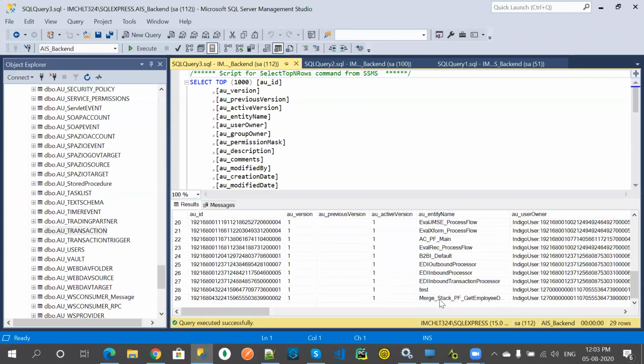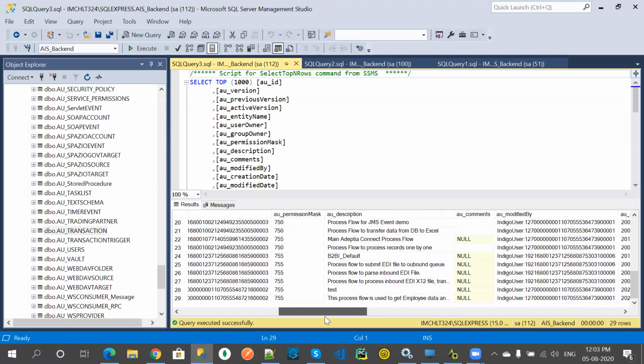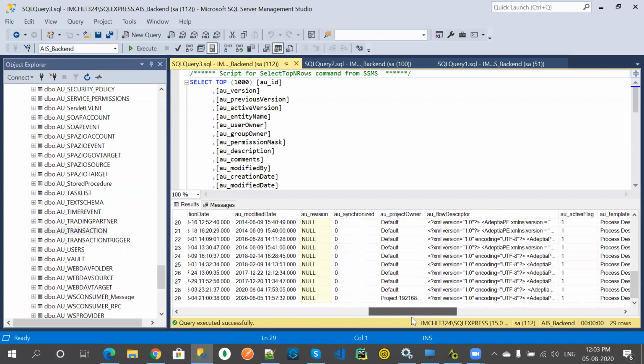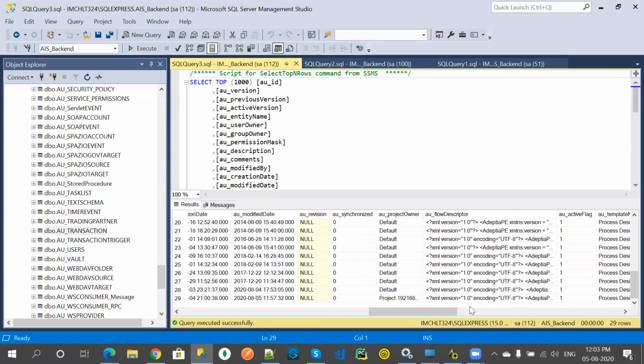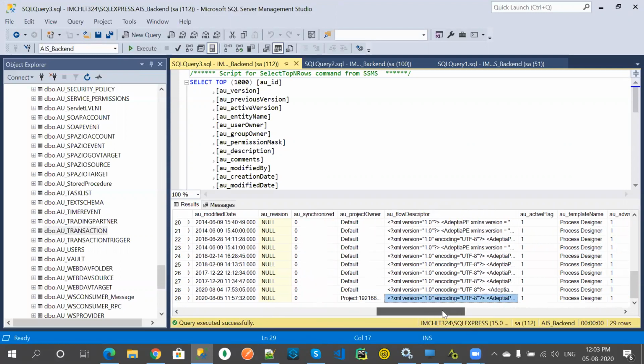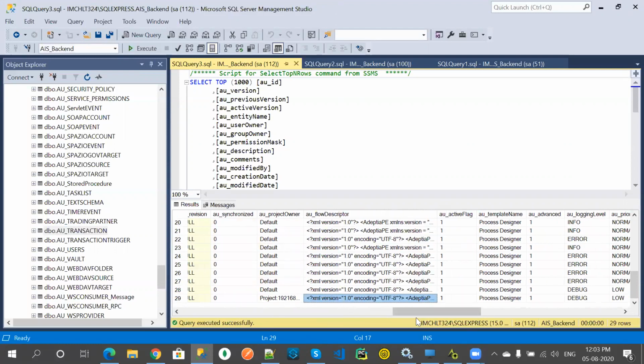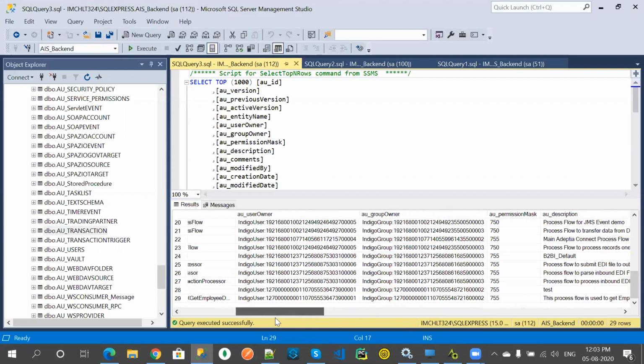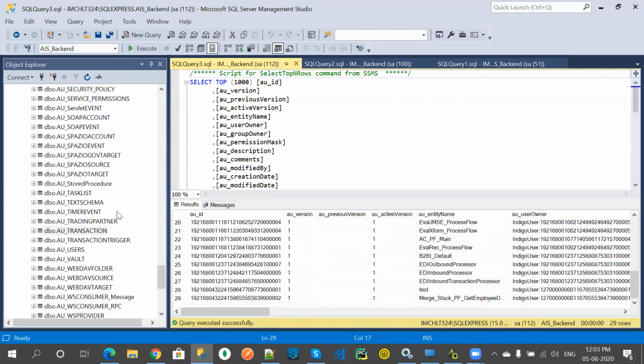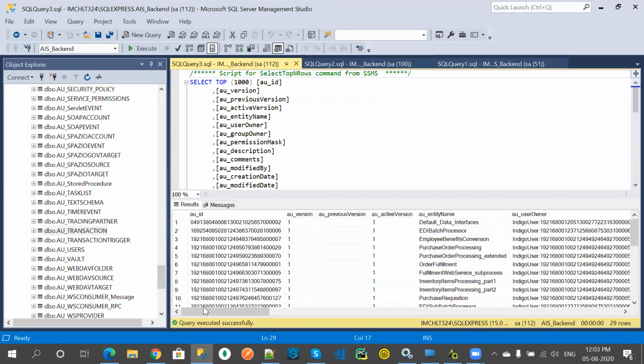Here you can see our process flow activity is created, and it stores the flow descriptor, right? So the entire process flow XML is stored in this database. This is how all the activities generated through the UI are stored in this database, and logs will be stored in the logs database.